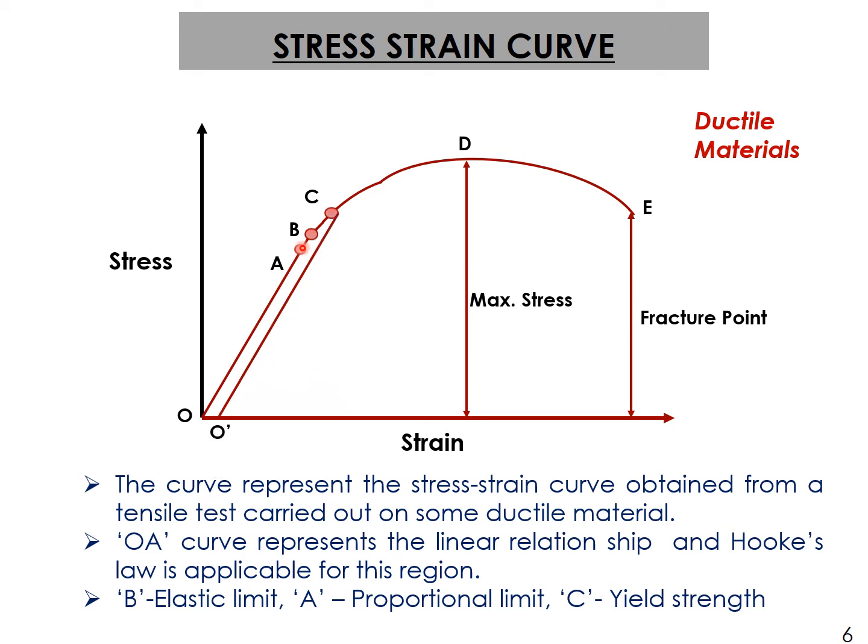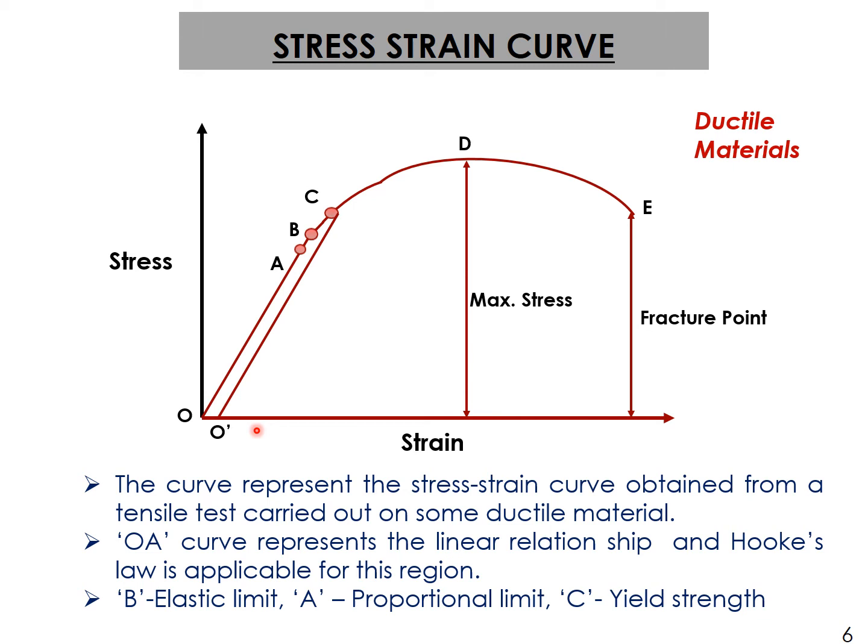You can see it on the stress strain curve. On the horizontal line, you find this distance OO dash. This gives that permanent strain, a very small value. So I hope it is clear. Before moving ahead to points D and E, again I will brush up on this.